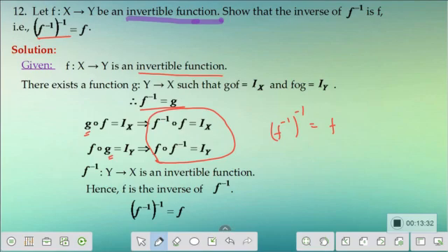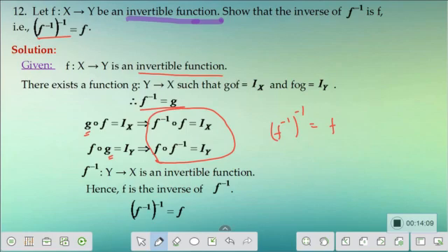Both the problems are almost of the same type, but the second problem, that is the 12th problem that we discussed, has the function given as an invertible function. Since the function is given as an invertible function, our process is much shorter. It is not as lengthy as the previous one. So just understand what is given in the question, and based on the question, understand what is to be found. If it is invertible, the process is very easy. If it is not, you have to prove it is invertible and then find the inverse or whatever is asked in the question. So I hope with this you will have a better idea about the composition of functions and invertible functions.